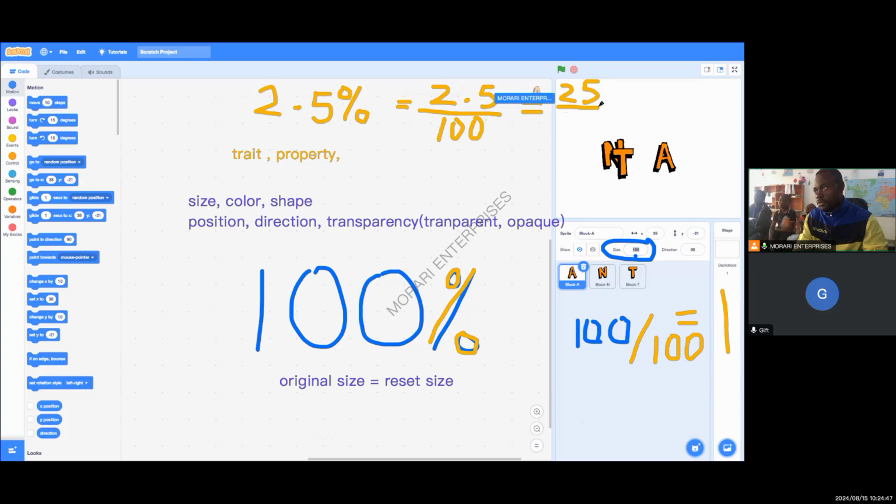And down also you multiply by 10, you have what? 1,000. And then 25 goes into 1,000 40 times. So that's how you can change 2.5% to a fraction. So again,